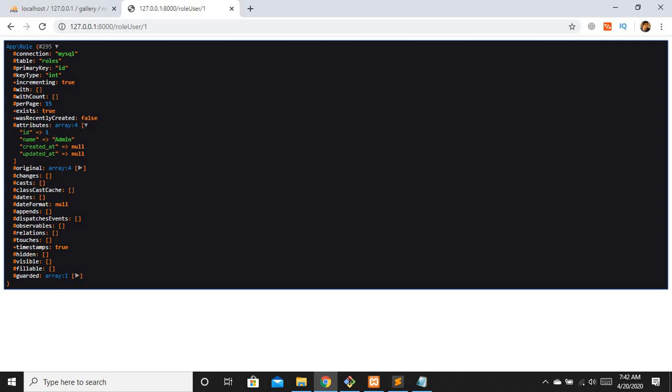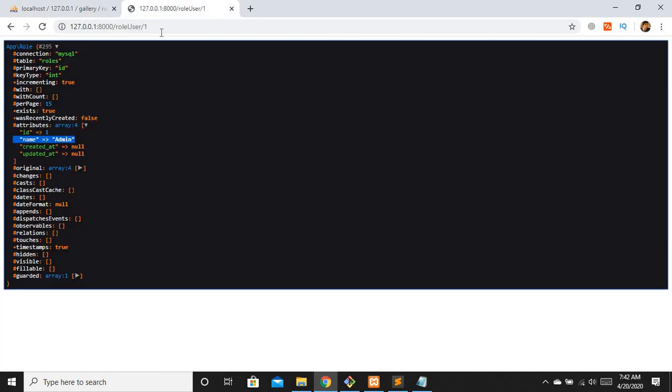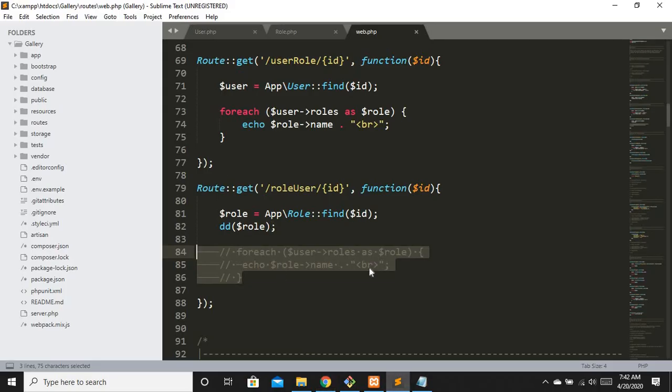Let's change it, role user, and I want the first one. First role: you can see the first id in the role table is admin right here, and the second one is student. Let me show you right here. Now let's get this specific role's users.